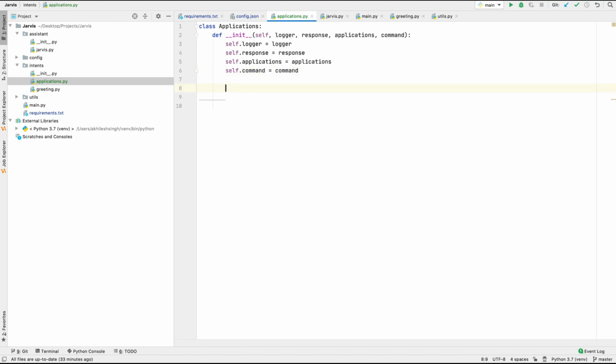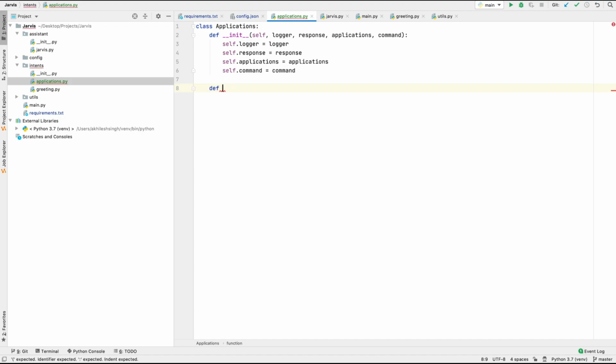That's it. Now, as I told you that we need to first have the application name which we are going to open. So that application name is in our command, like open Chrome or launch the Chrome, right? So I'm going to have that application name first.